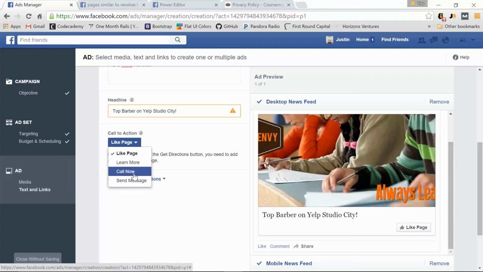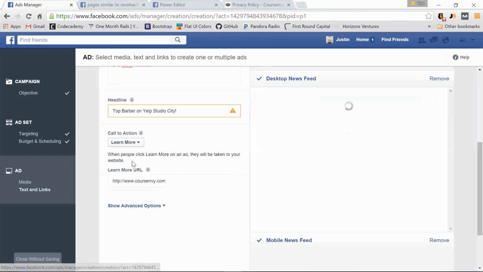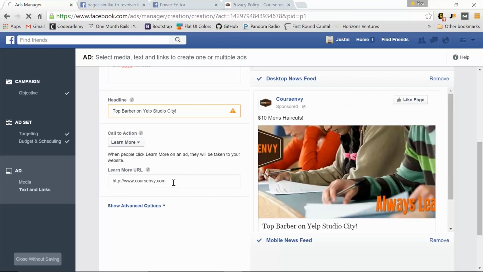Learn more, call now. So say if you have a tire deal, you're a tire store and you're selling 3 tires, get the 4th one free. Call now to book this. This is a great call now. You can just input this and input the phone number. But for the learn more, what I would do is right here